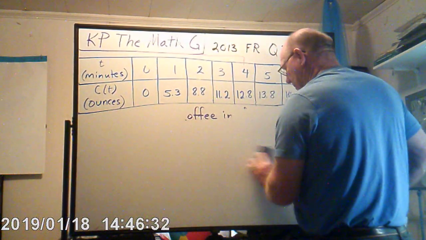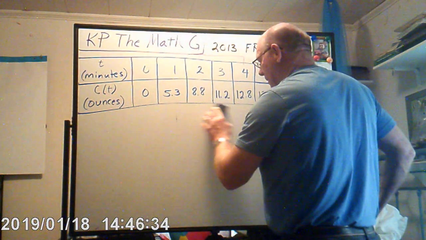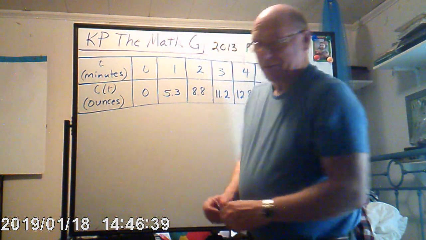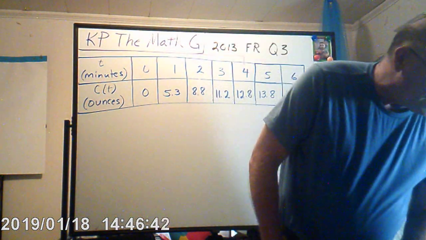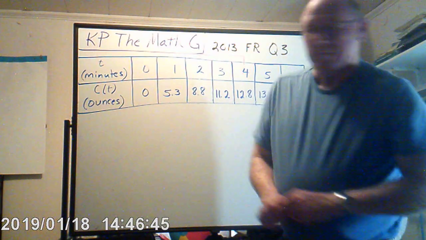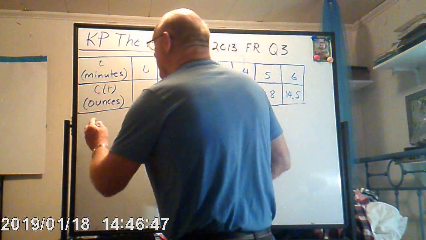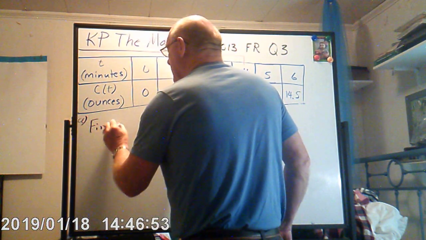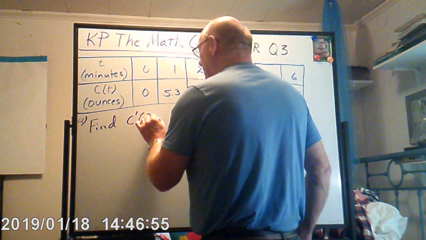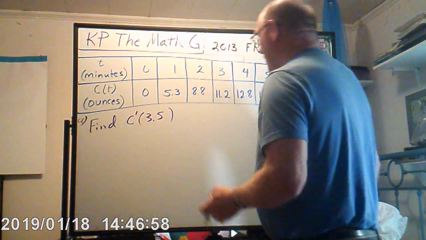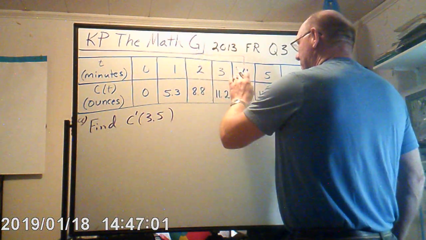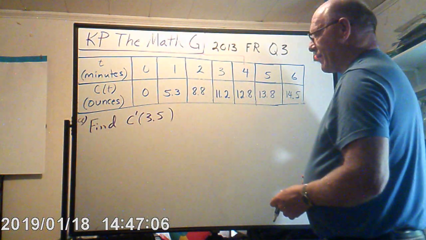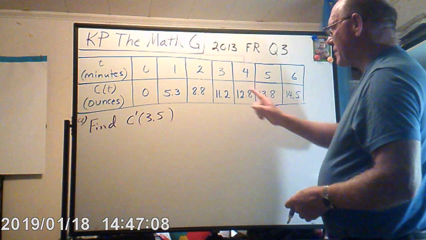I know this is all I really had planned to do, but just kind of a quick review over those other two. Let's see, what does it say? Find C prime. Alright, so we want to find, okay, A part. Find C prime at 3.5. Well, alright, 3.5 seconds. So we're looking, again, right here. And there you go. I think we found that to be equal to, because you want to get between,